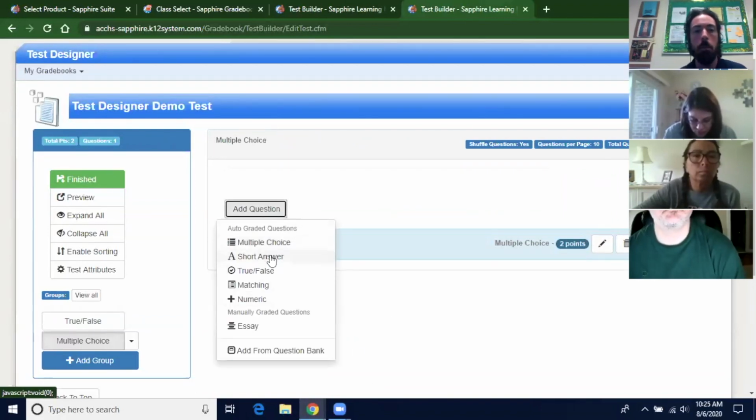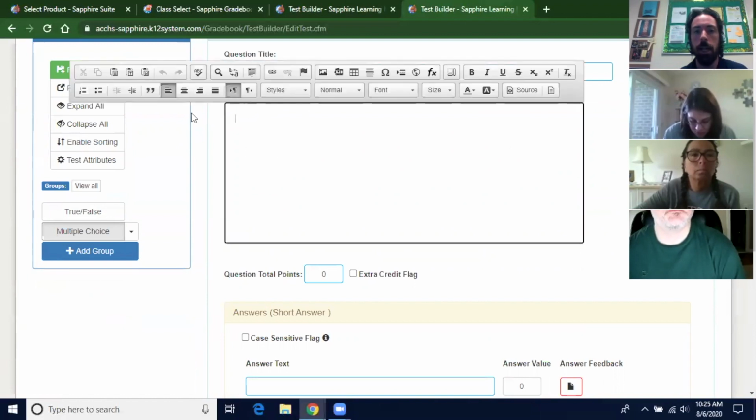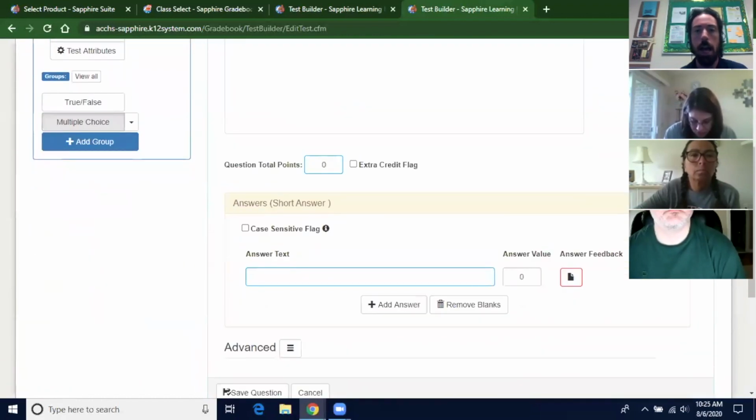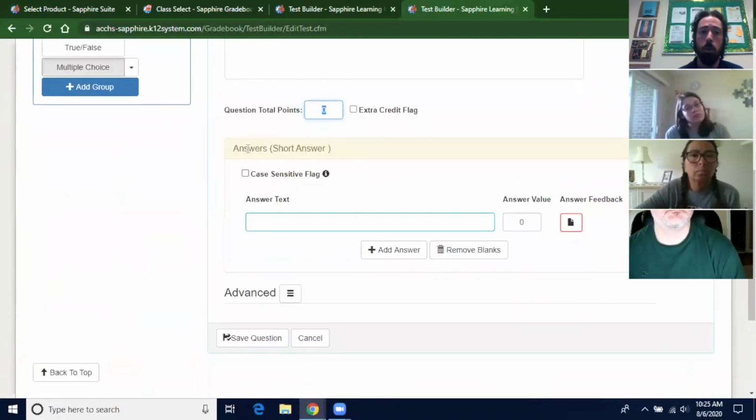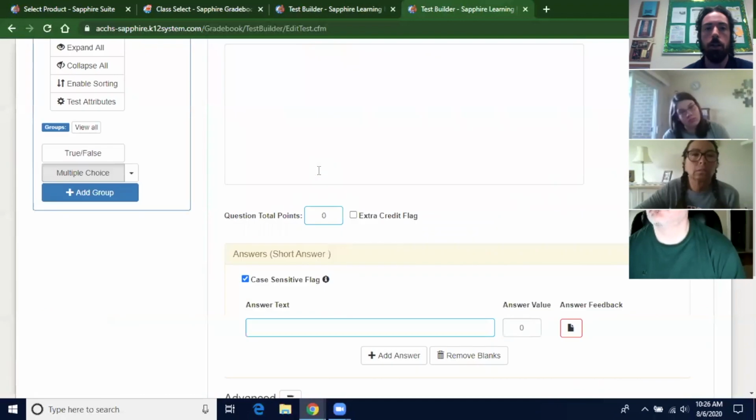Okay. So short answers are listed here under the auto graded ones. So for this one, again, same kind of question text. You can put your question in here and then select the total point value. Now, for the short answers, you put what the answer text is. So if this is, let's say, a keyword or something like that, like a fill-in kind of question, you have this case sensitive flag. So if you select that it's case sensitive, and let's say it's a question like,